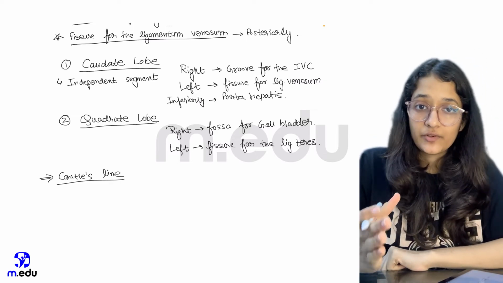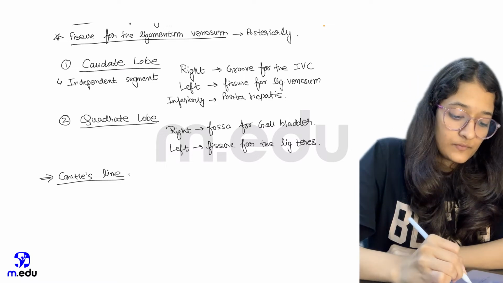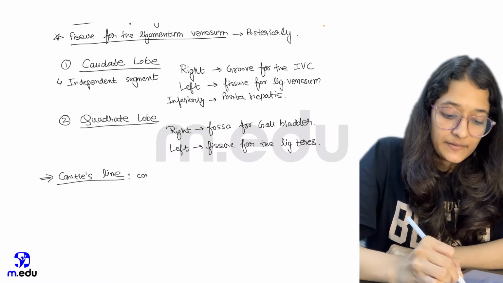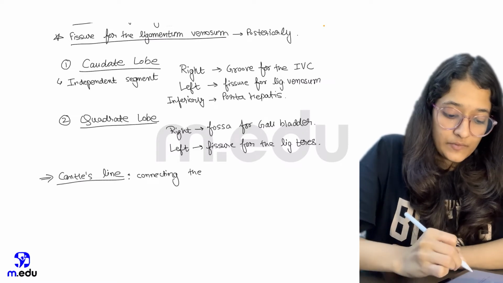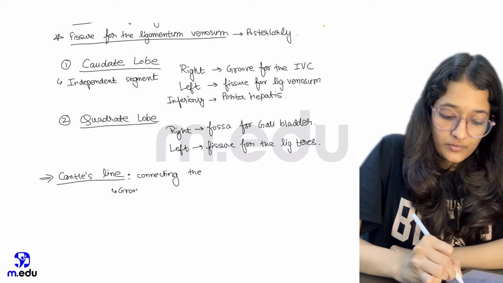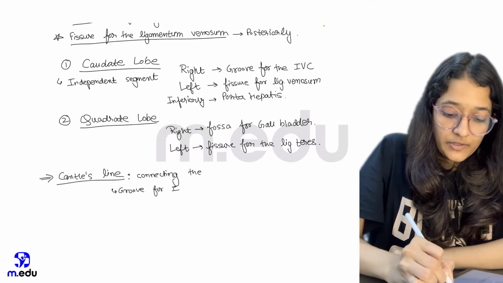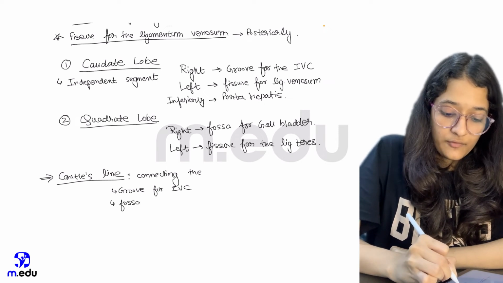It will divide the liver into functional right and functional left lobe. This is a line connecting the groove for inferior vena cava and the fossa of